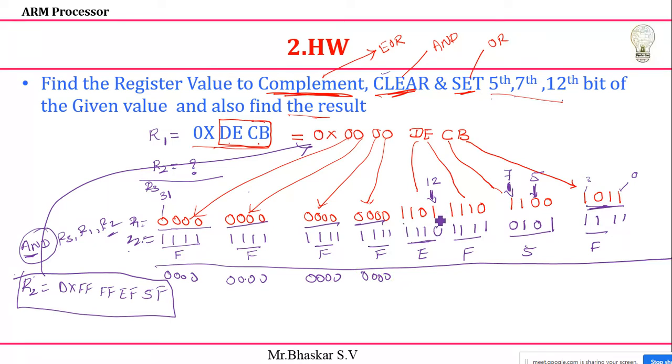Then definitely the values will change. How? One with zero, AND operation. What value will you get? I'll get 0. Next 0 with 1, 0, 1, 1. Okay, here we are not doing any changes, so I'll get this value only. If you want, I can check it out. 1110, this complete nibble will pass as it is.